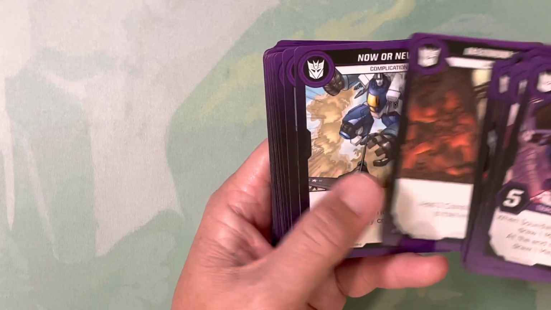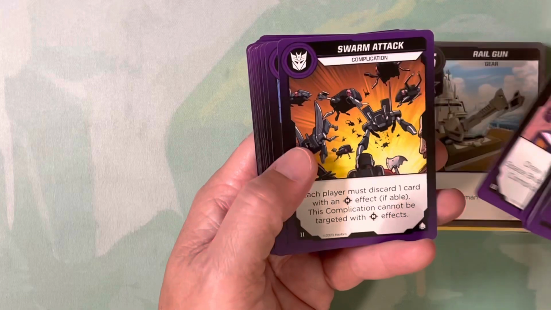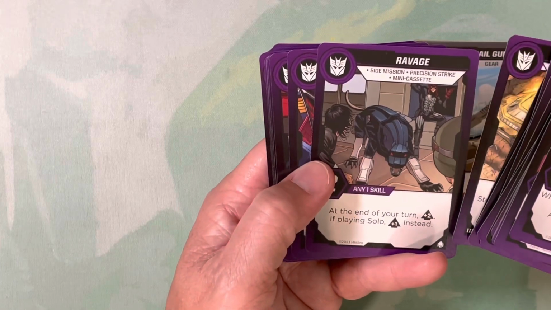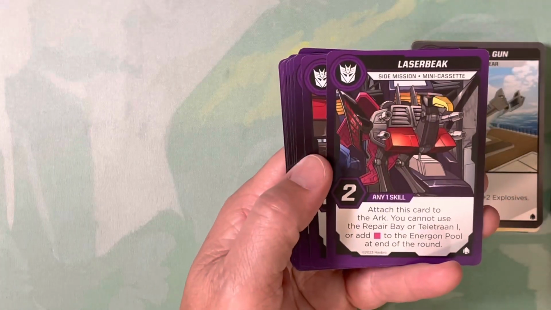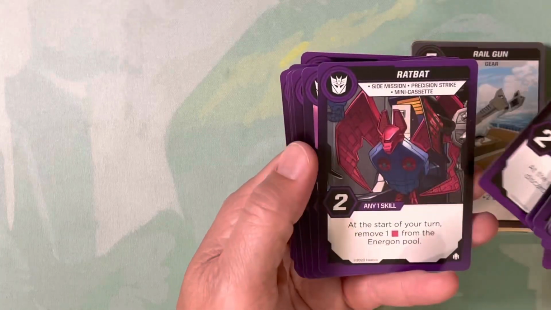I'm at this point just looking for the mini cassette cards. Are those already in the box? No? Did I miss those somewhere? I thought they would be small. Oh yeah, here we go. Mini cassette. So they're normal size cards, but there's Ravage, Laserbeak, Ravage, Return to Me, Rumble, Frenzy, oh yeah, and